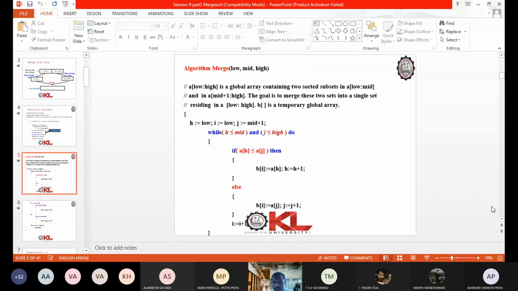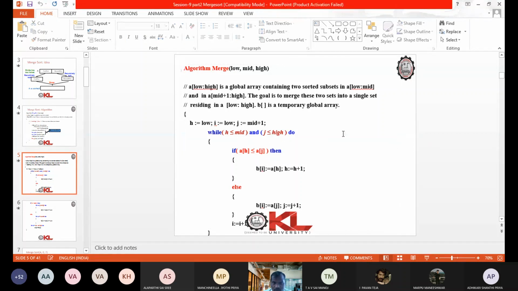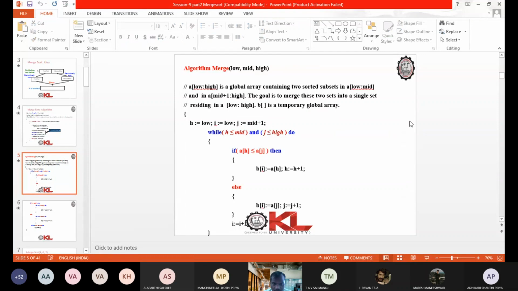Now this is the algorithm for merge. As I told you, this is how two sorted lists are merged. The first element of the first part and the first element of the second part are compared, and the smallest element is copied to the temporary array. Here the temporary array is B, and our actual array is A. We check whether A of H is less than A of J, where H is low, the first element of the first part, and J is mid plus 1, the first element of the second part.